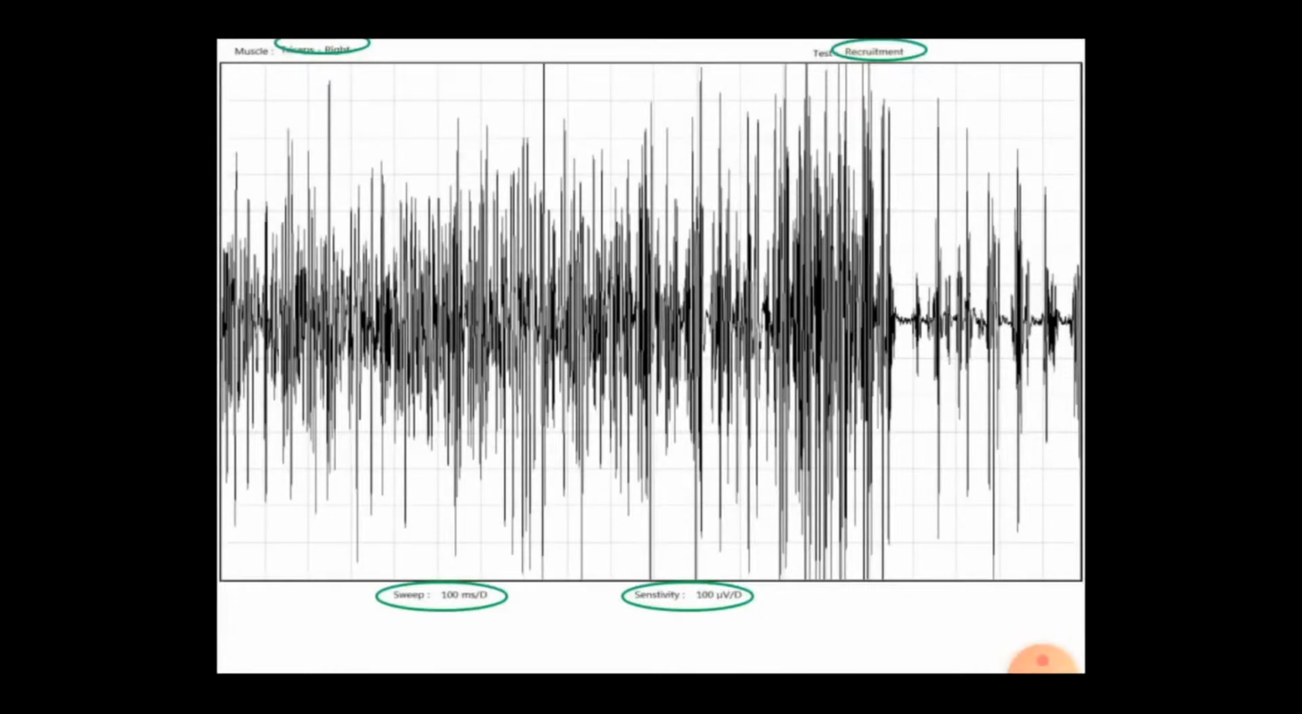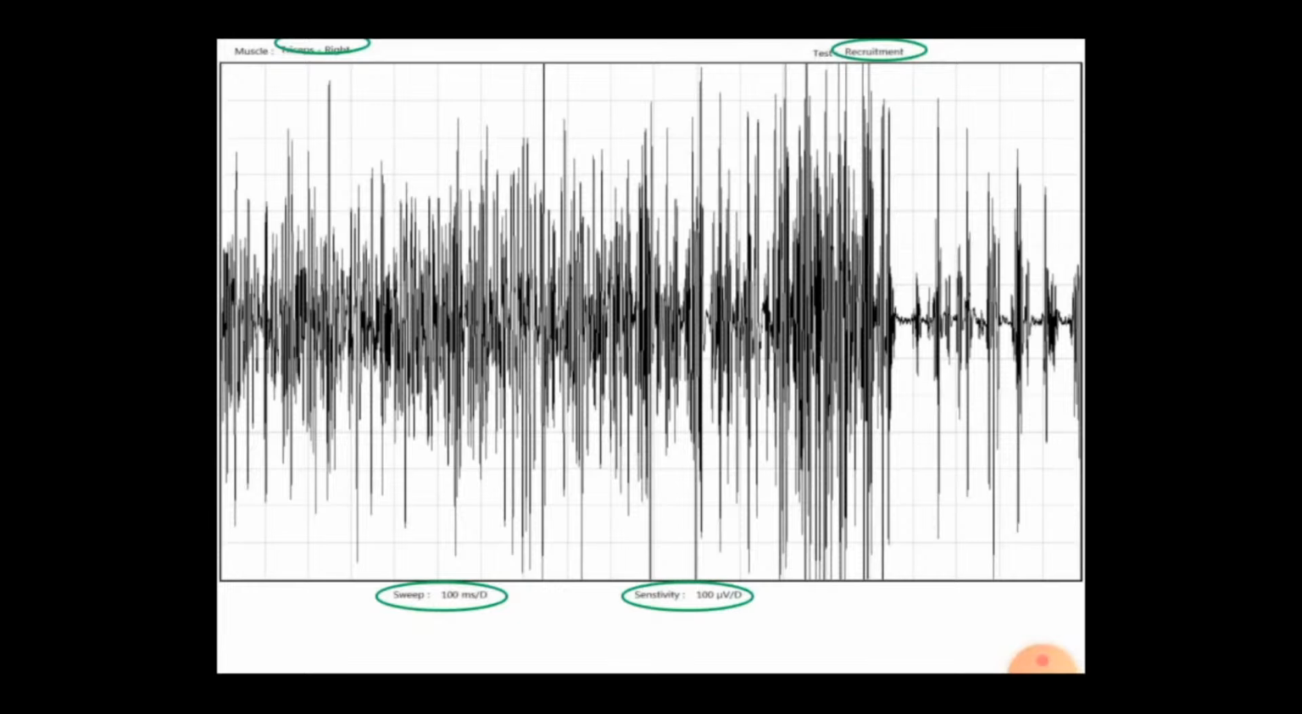This is an example or picture of interference pattern. So this is again for right triceps, and sweep speed is 100 millisecond per division, and sensitivity is 100 microvolt per division. So here you can see that many squares are occupied, and generally one square is equal to 1 centimeter. So here we can say that this interference pattern in some places is occupying all 10 squares, so it is reaching around